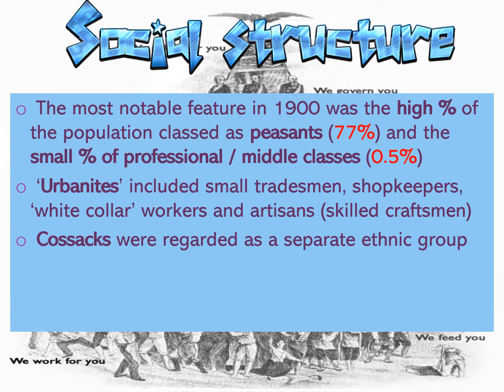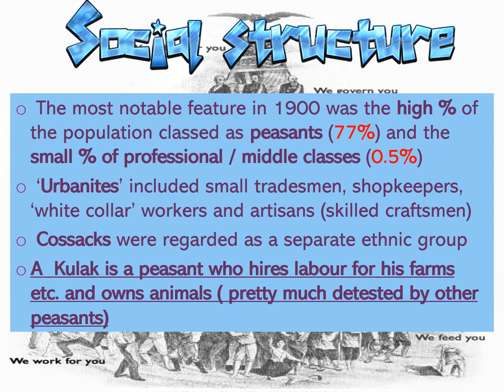Cossacks are regarded as a separate ethnic group. They are loyal to the Tsar. And just in case you come across it as well, we've got kulaks, who were peasants who were maybe a little bit more well off. They were the top level of peasantry, but they were still peasants. They would be able to have enough farmland or enough money to hire maybe labour for their farms, or they might own animals. And pretty much they were detested by the other peasants who could never hope to reach that particularly lofty title. And again, they're going to become important later on. Something that Stalin is going to use as class warfare will involve the kulaks and things like that, so it's just worthwhile keeping that word.